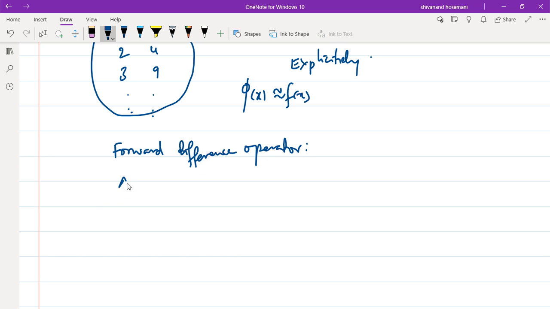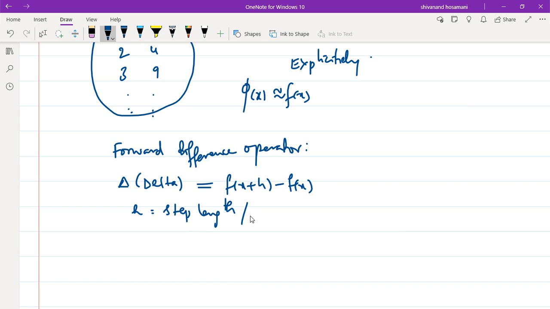So for that we are denoting this delta. This is called delta, and we denote this as the forward difference operator, and it is defined as f of x plus h minus f of x, where h is the step length or an increment, right? So when we have delta f of x as f of x plus h minus f of x, we can calculate